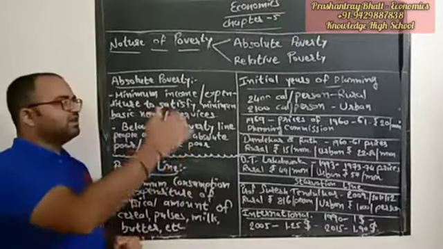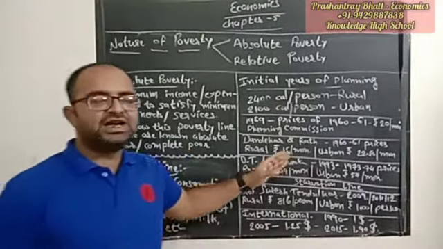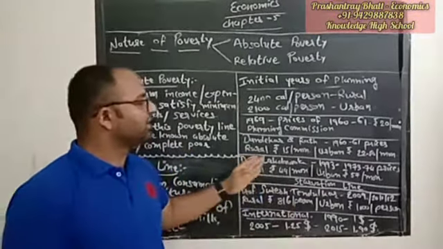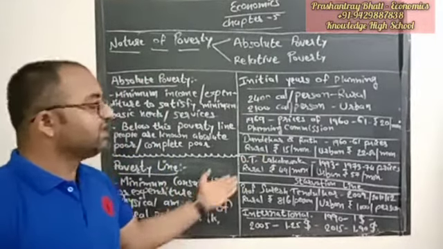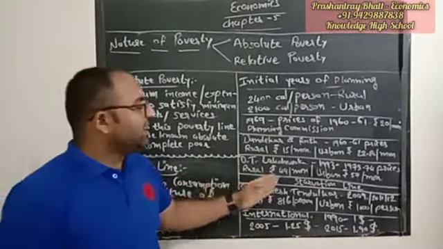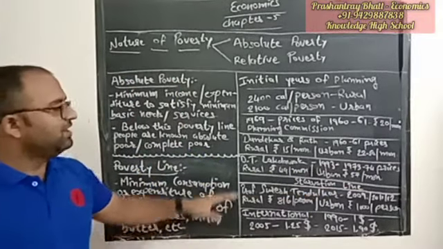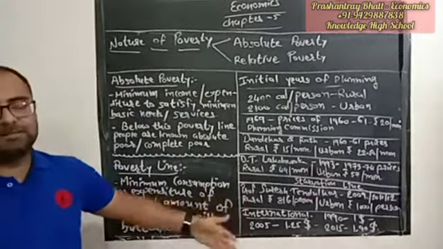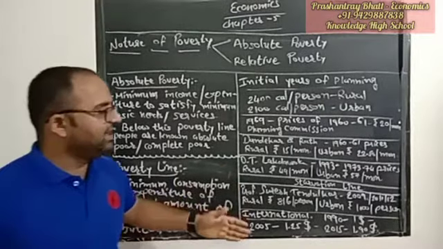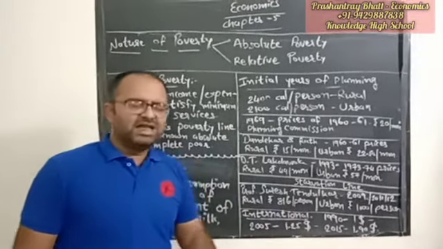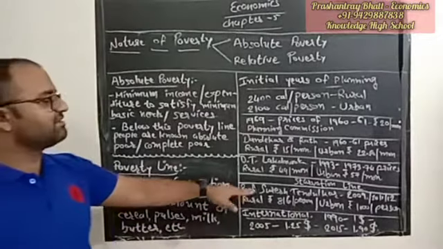Right. After the Dandekar and Rath committee, the new committee was established in 1993, and that was established by Dr. D.T. Lakdawala. It is also known as the D.T. Lakdawala committee. Right. They took the price of 1973-74 as a base. Right. And they defined rural areas rupees 49 per person per month, and urban area rupees 57 per person per month. Then the economists thought that this is just the starvation line.